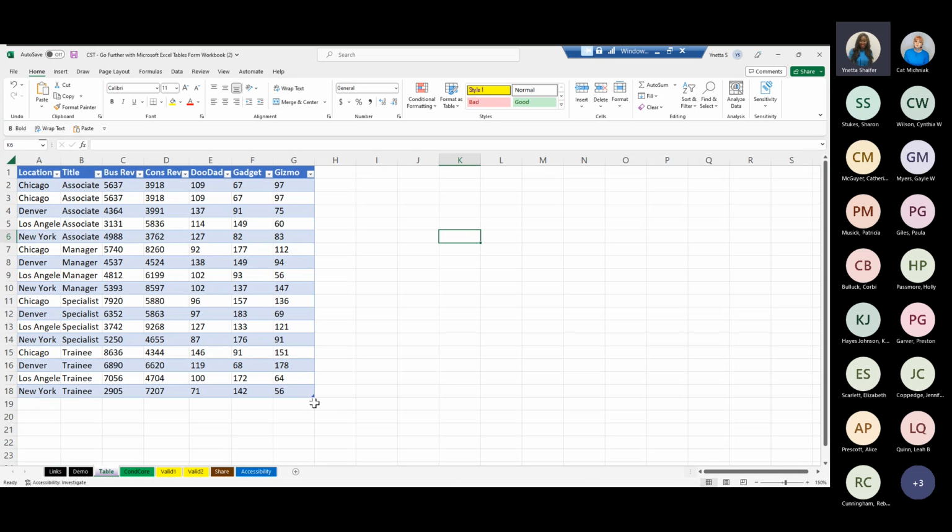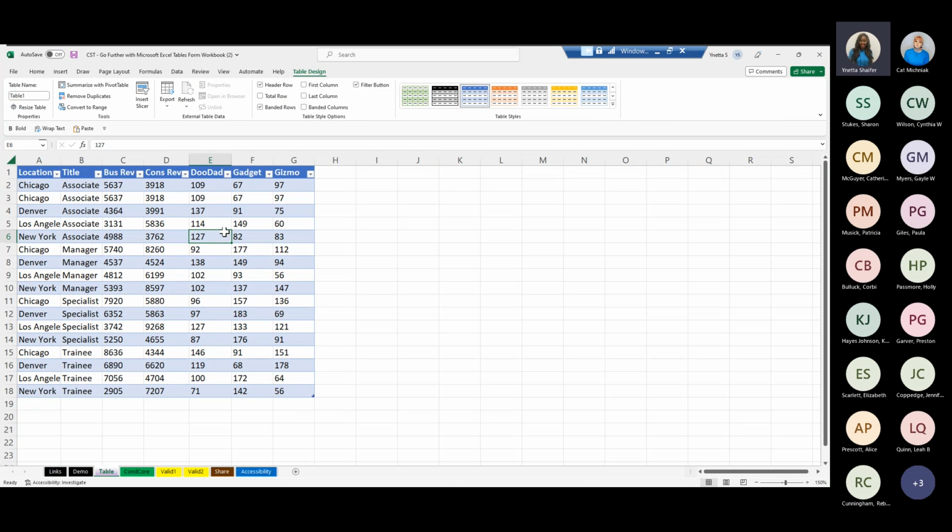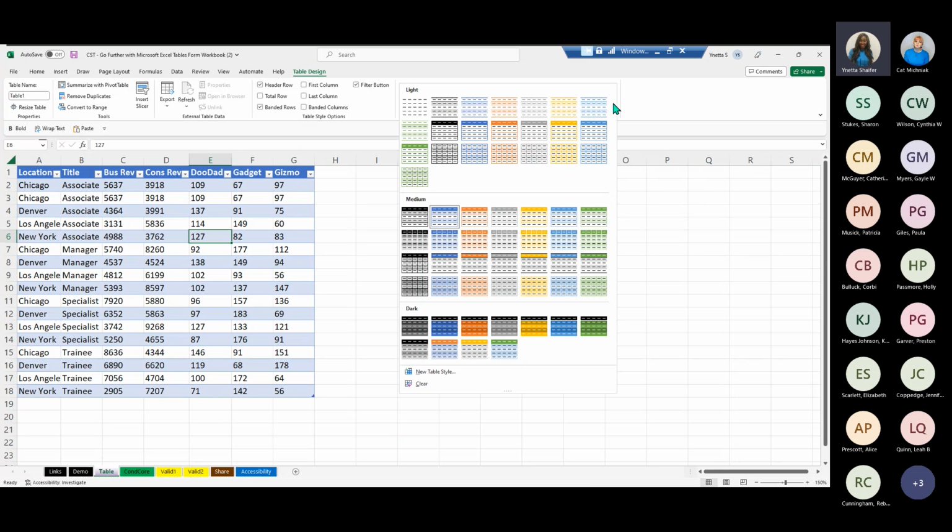I want to go back in my table design, so I'm going to click back inside of my table so my options do come back. If I look over here to my table styles, if I click on this drop down box,